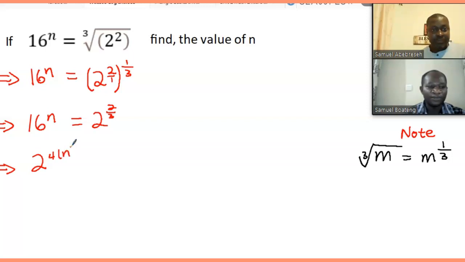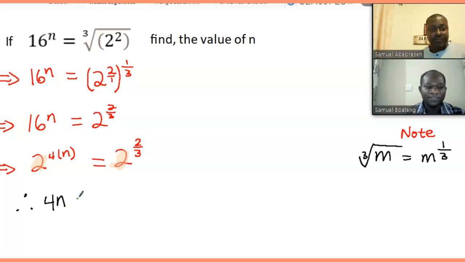And we already have n there. Multiplying n equal to 2 raised to the power 2 on 3. Okay. So on the left, the base is 2. On the right, the base is 2. So we can go back to our concept that if the bases are the same,